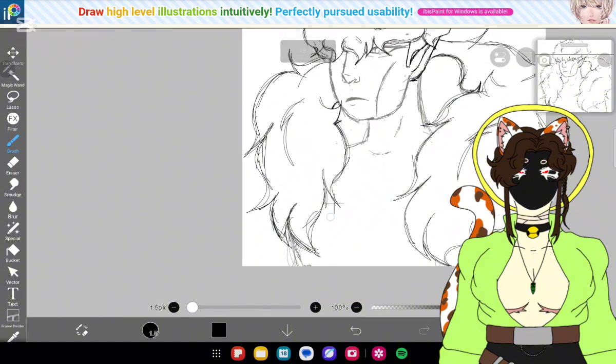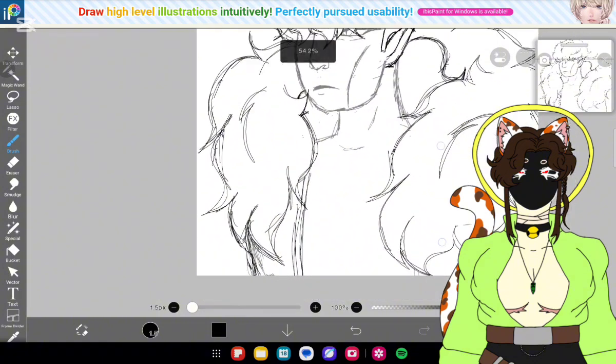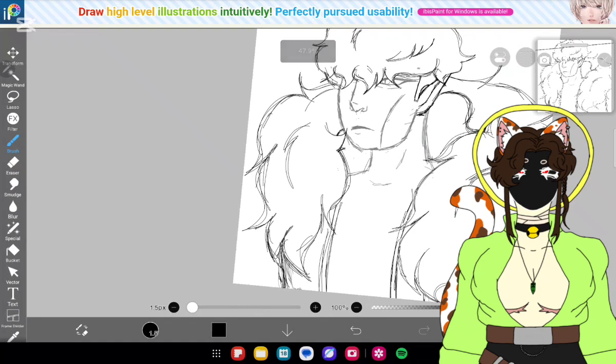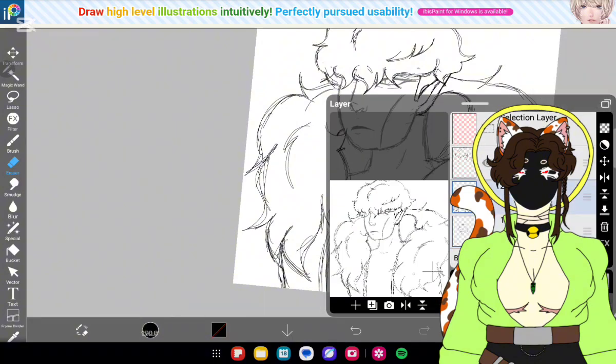So I have erased some stuff, and now I'm just defining the jacket. Adding on a little zipper, details. Remember, details are important. Even when you think they are not, they will be important in the end. A little scrufflings like this. Here we go. I can erase this part and the arm over here. And now for the fun part,